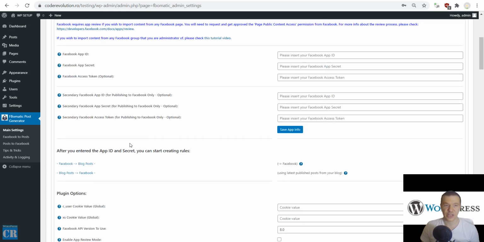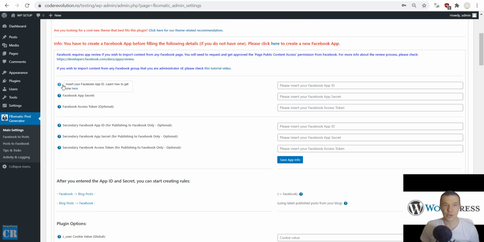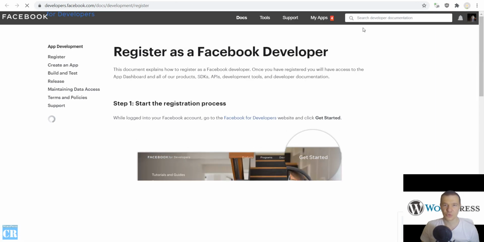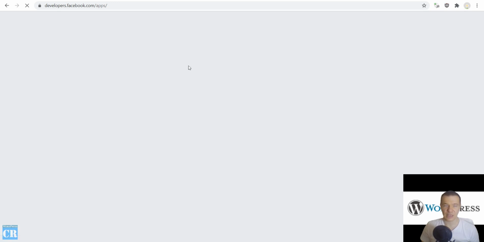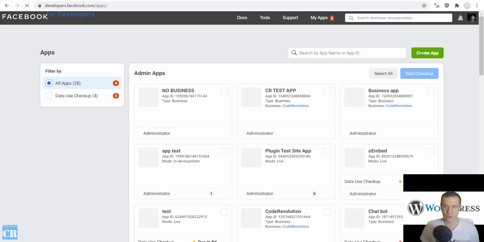So let's check into it, and I am here in the main settings of the FBomatic plugin. Now let's go and create a new app, a Facebook app. So for this, hover over this question mark and click here. Now you will be able to go to My Apps and start creating a new Facebook app. So after this loads up, we will be able to create a new app here. So for this, click on the Create App button,